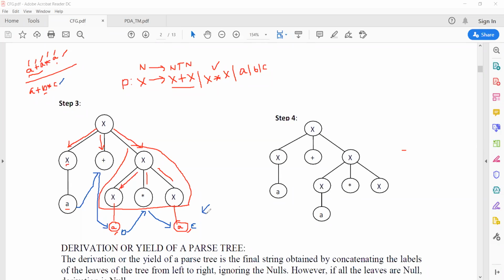But the question is, can I have an alternative derivation? Yes, this is called the rightmost derivation. So rightmost derivation, if you do the right hand side expansion, this is the rightmost derivation. If you derive the left side, in that case you can say the leftmost derivation. So this is not the case of the leftmost derivation. The leftmost derivation will be like,